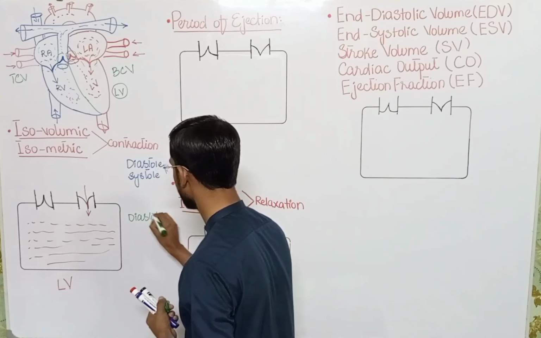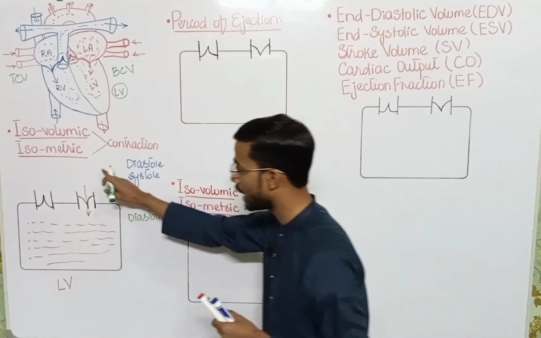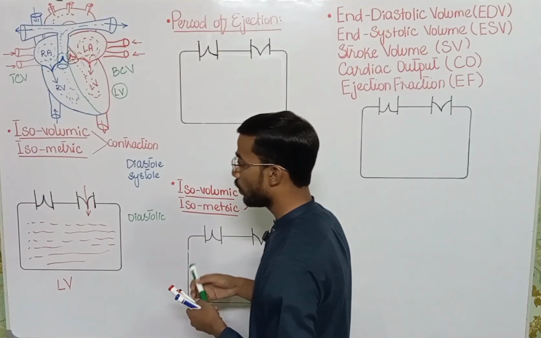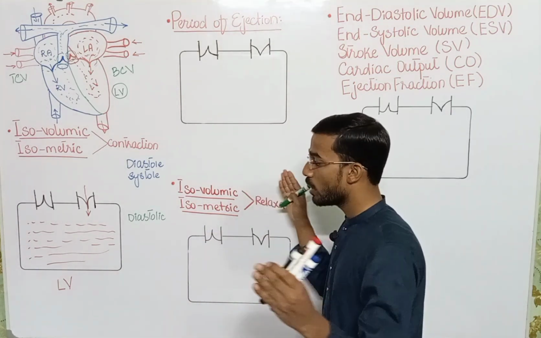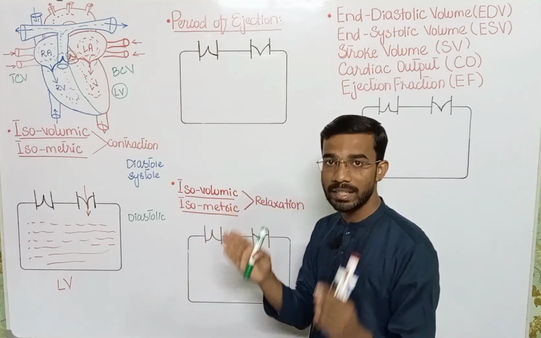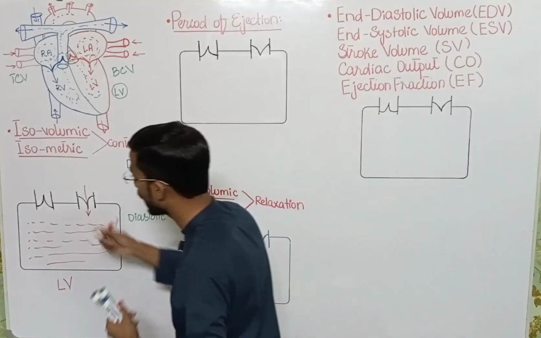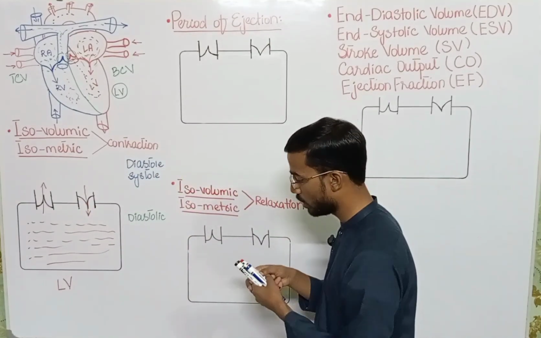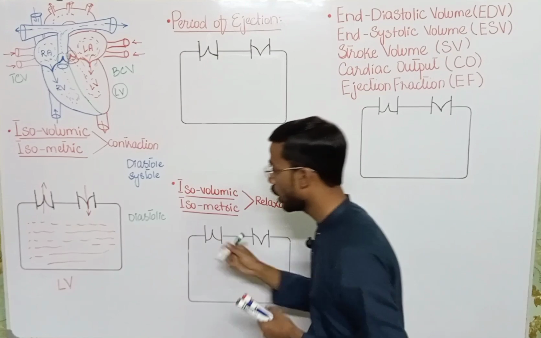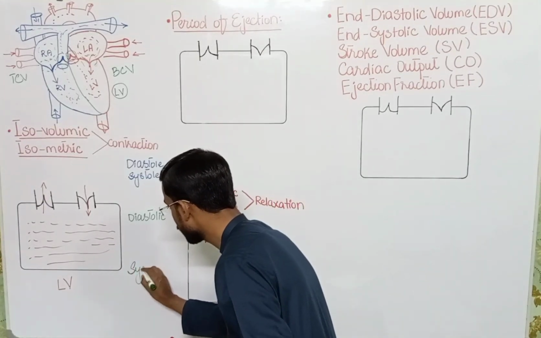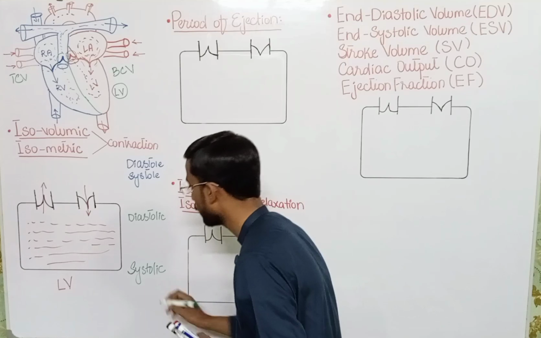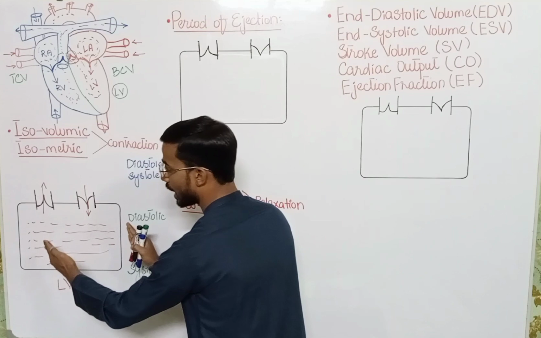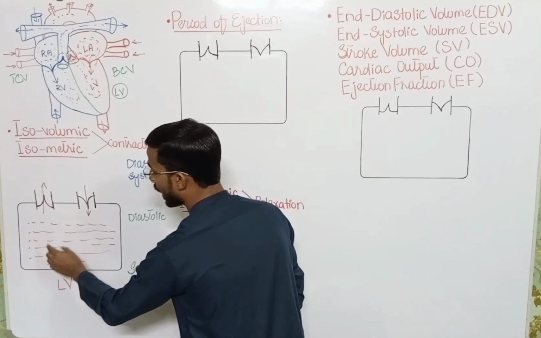Diastolic state. Then blood enters and fills the left ventricle. After that, the left ventricle contracts and decreases volume, and the blood exits through the semilunar valve. So after the diastolic state you will see the systolic state, in which the left ventricle contracts and decreases volume, and the blood is compressed and exits